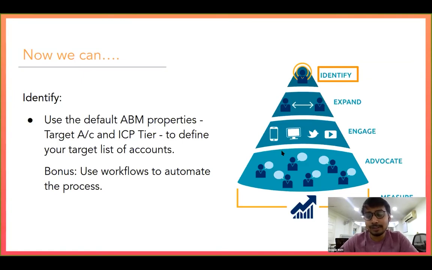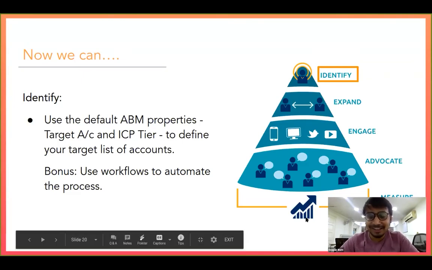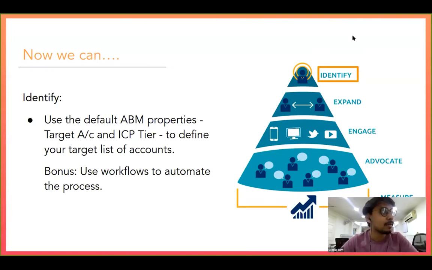Okay, all right. So this is sourced from Terminus. This is the account-based marketing funnel. This is different, as Abhinav said. This is not about generating a lot of leads and then nurturing them, refining them, and finally getting to a number of customers. This is about identifying what companies you want to work with, then expanding your reach in those companies, engaging the people who are important to you, making them your advocates, and then eventually converting them as customers. And all the while you do all of this, measurement is a key aspect.